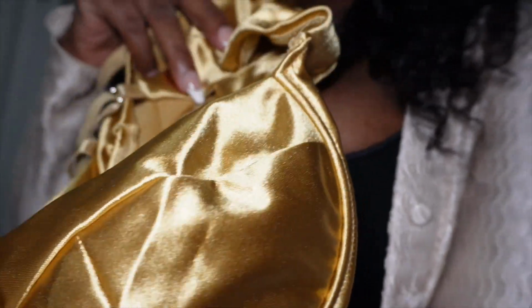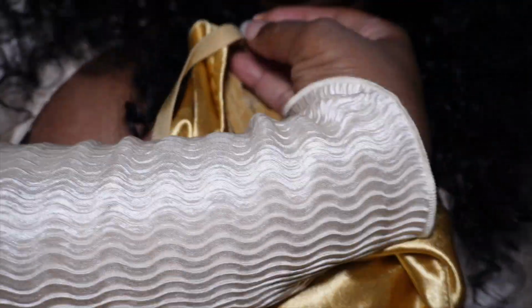And look what came. This is the shirt that I was supposed to wear underneath of this. That would have went perfectly. See, it would have went perfectly. Or maybe not perfectly, but it'll look nice with it. Anyway,